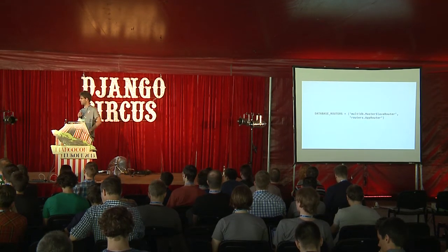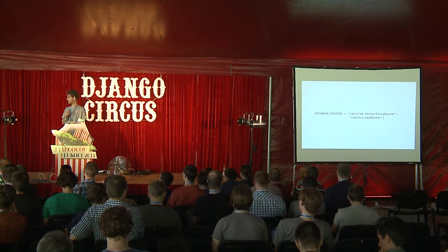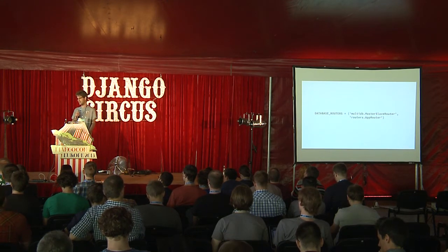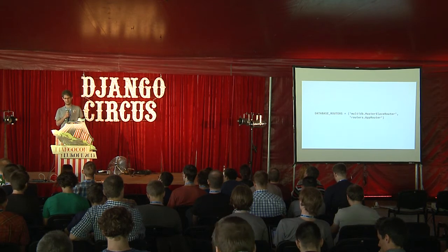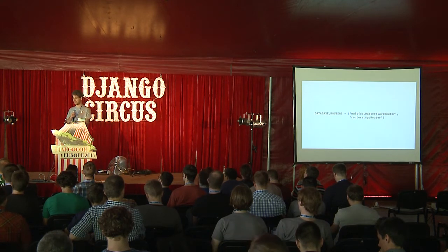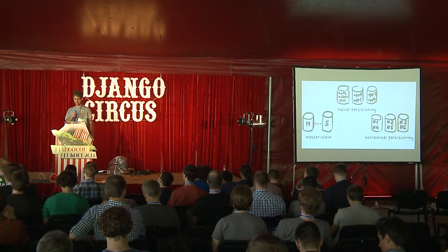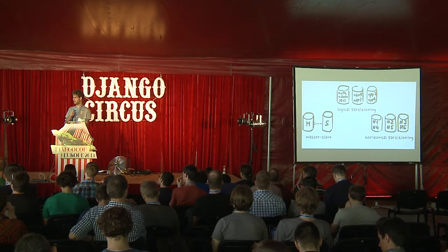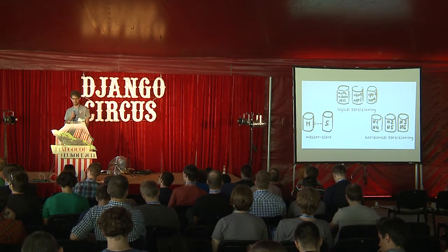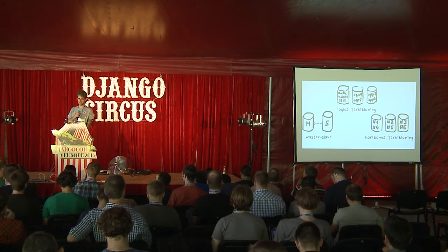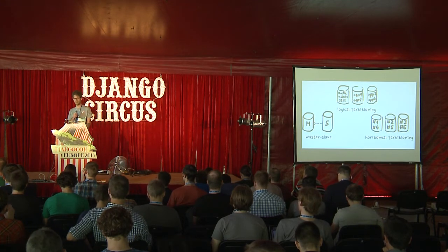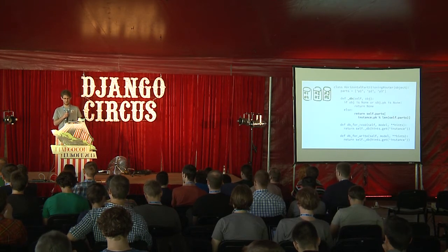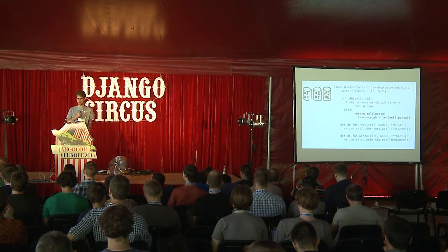That's how you put it in settings. Django goes through all routers in order until it finds the first one which doesn't return None. And you can easily implement known patterns, like master-slave, which I have told you about, logical partitioning, so partitioning by application, or horizontal partitioning, so partitioning by instance primary keys.